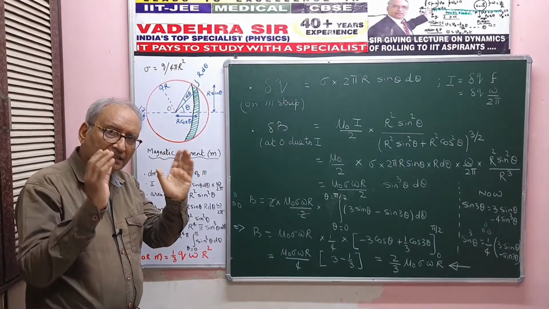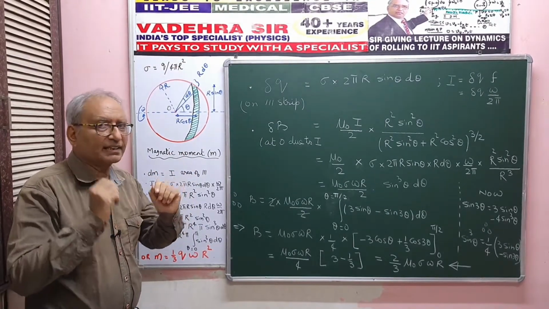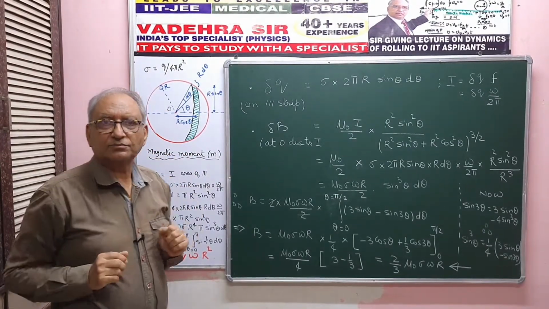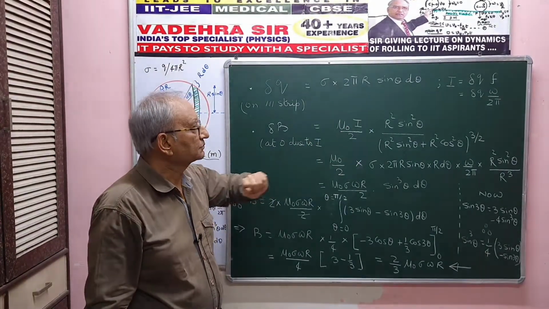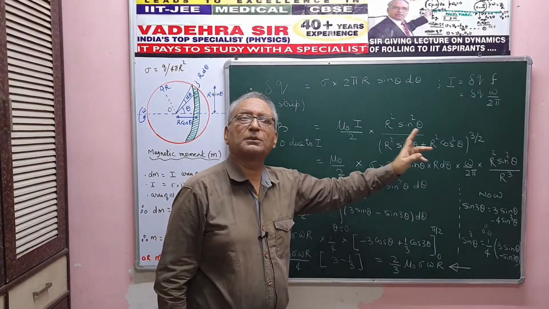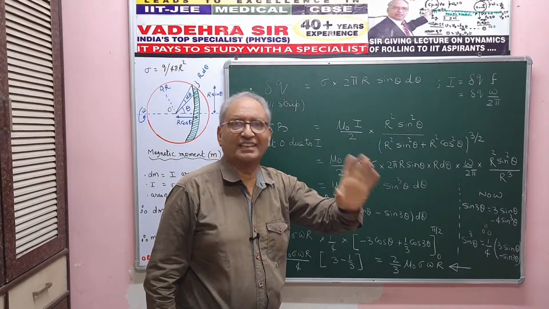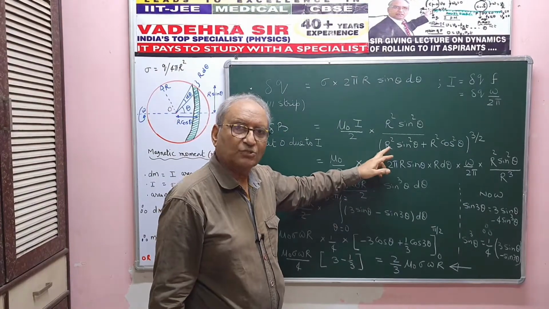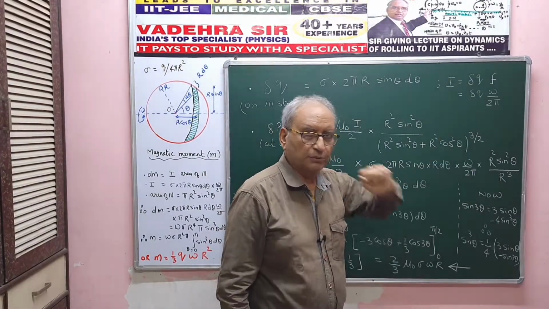Now you have done the magnetic field at the center of a ring carrying current. If you remember the formula, this derivation is done at the 12th level, CBSE level. It is mu naught I by 2, r square, radius of the ring, square, upon r square plus x square to the power 3 by 2. Now here r is r sine theta and x is r cos theta. So it is mu naught I by 2, r square sine square theta upon r square sine square theta plus x square, that is r square cos square theta, to the power 3 by 2.